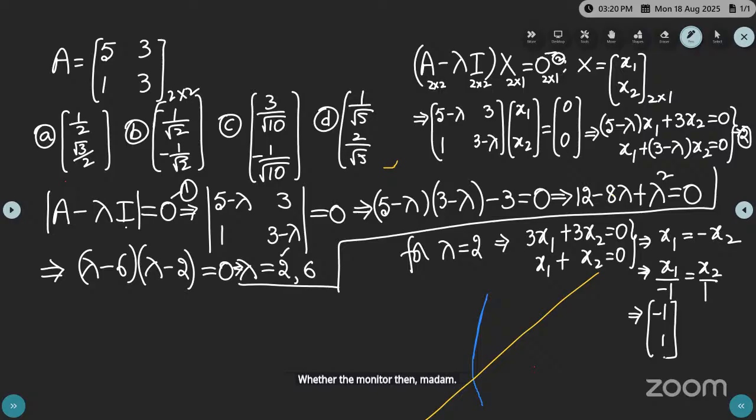Is an eigenvector corresponding to the eigenvalue lambda equals to,